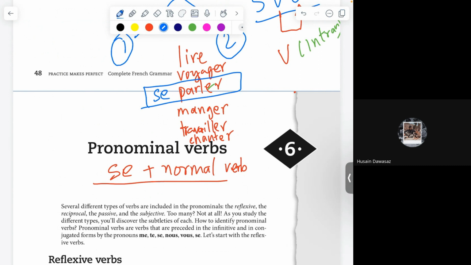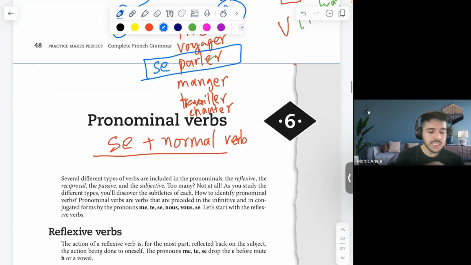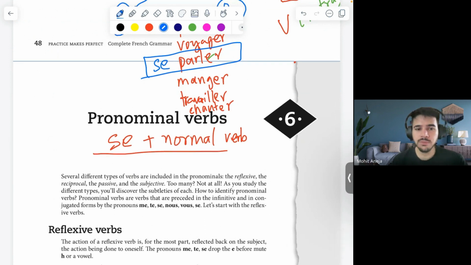Okay. ठीक है, वो जो मैंने सब्जेक्ट को खुद के ऊपर एक्शन कराने का बताया था, वो थोड़ा इनफॉर्मल तरीका है इसका समझने का, बट अभी उसको लिटरली मत लेना, 2 मिनट रुको, ठीक है। अभी पूरा समझ लो, देन यू कैन आस्क क्वेश्चंस। Se parler इज बेसिकली टू टॉक टू ईच अदर, बट यहाँ पे एक कंडीशन होती है, आई विल टेल यू व्हाट। पहले जस्ट नो, एक नॉर्मल वर्ब से एक प्रोनोमिनल वर्ब में कैसे जाते हैं,